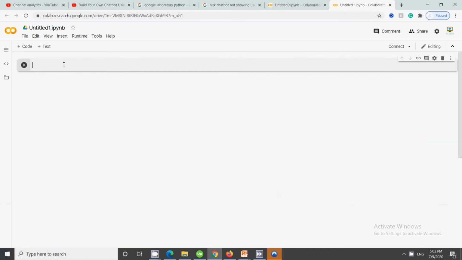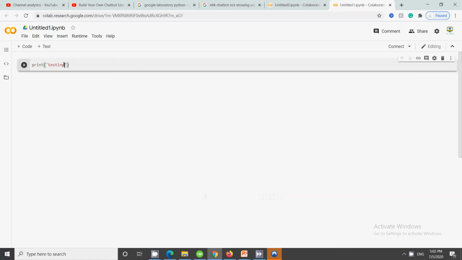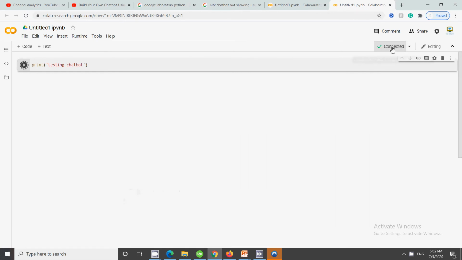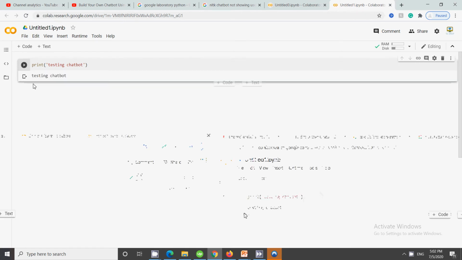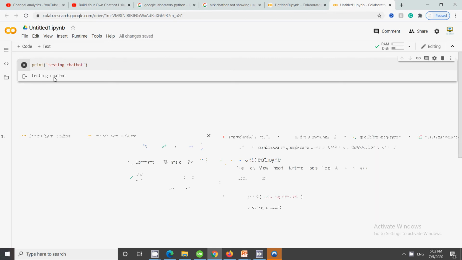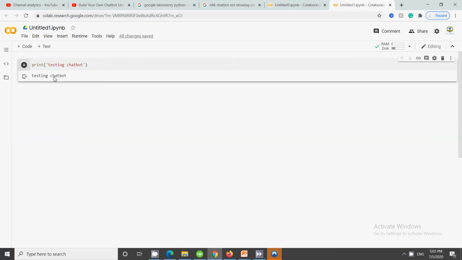So you can just write print testing chatbot, and once you run it, you can see that your program takes some time. It is connecting because everything is cloud based, so it takes some time to connect, and then it will give you the result. You can see that this Google Colab is working fine. Now we will start working on creating a chatbot using Python.